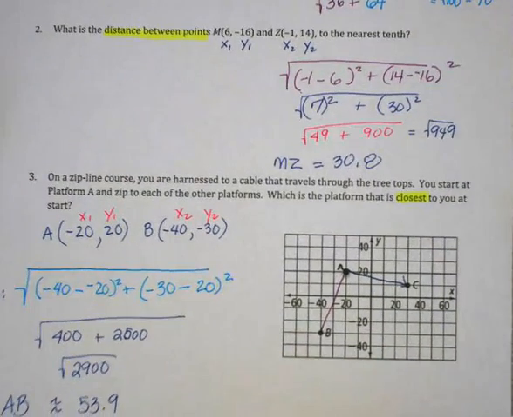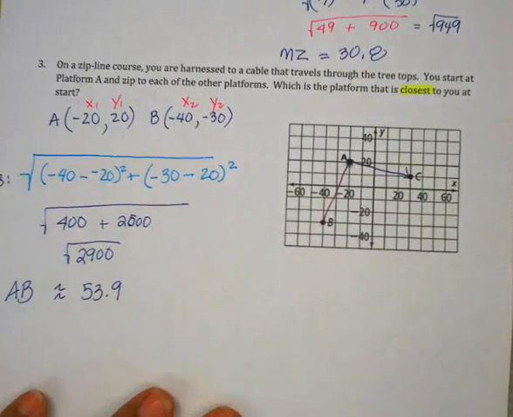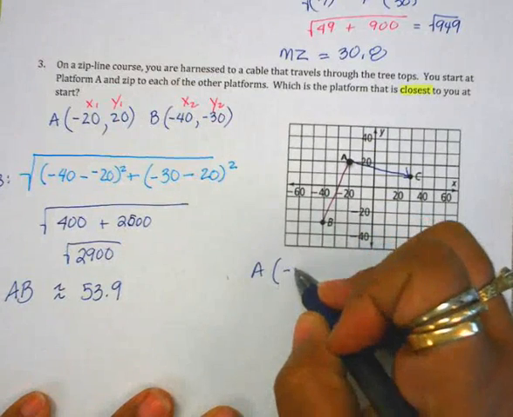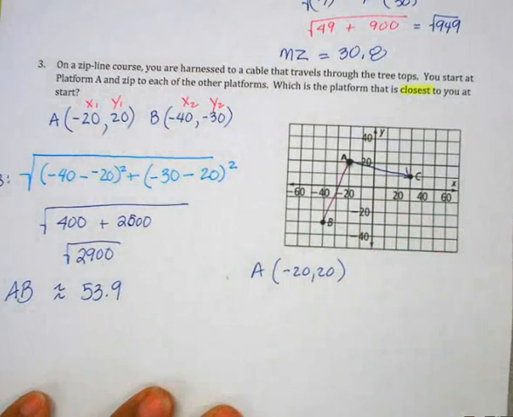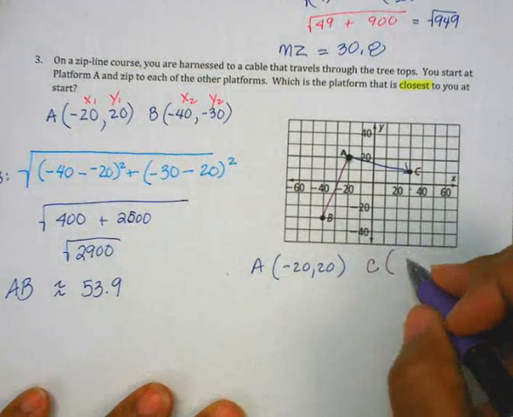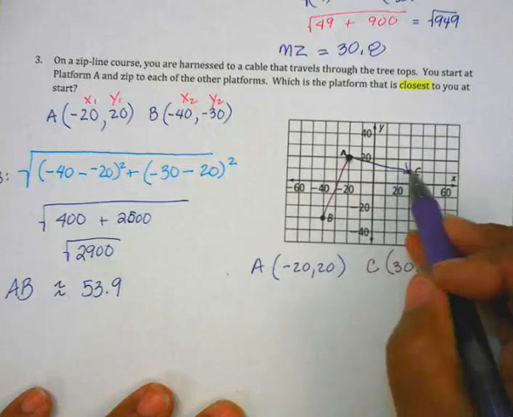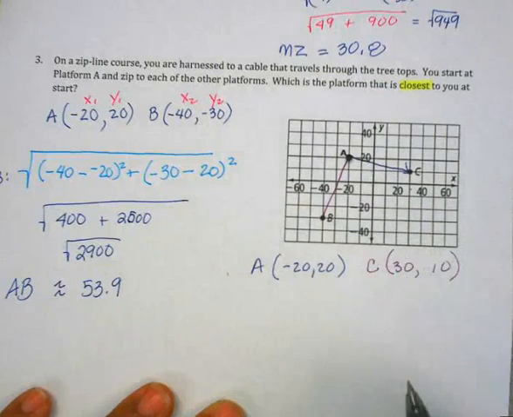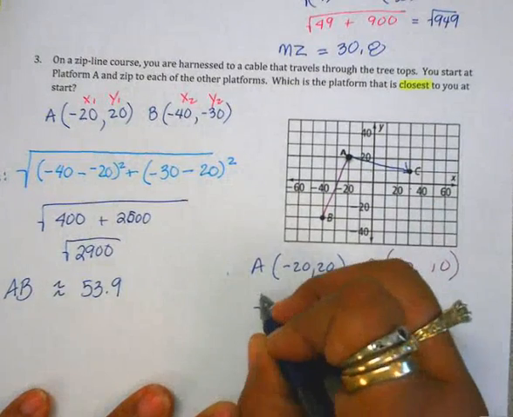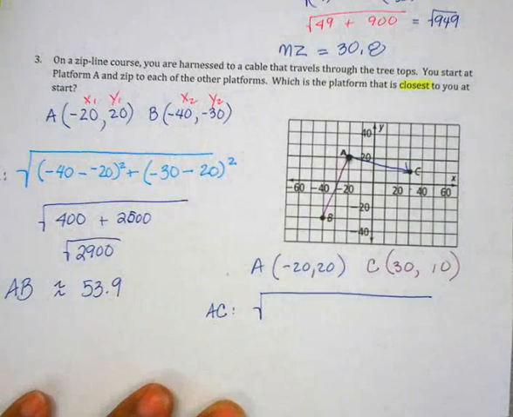Now we need to do the same thing to find the distance from A to C. See this distance here. So A we knew was at -20, 20, but now we're going to use point C, which is at 30, 10. See this line right here, that's 10, but it's right before the 20 up there. Okay, we have to substitute it into the distance formula. And we're going to say AC, the distance from A to C is equal to